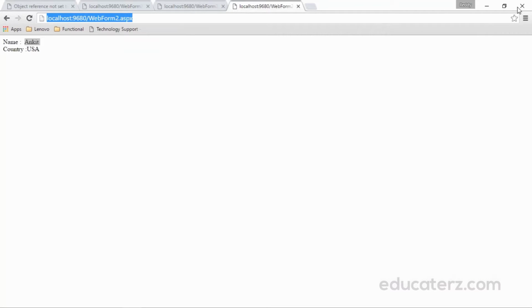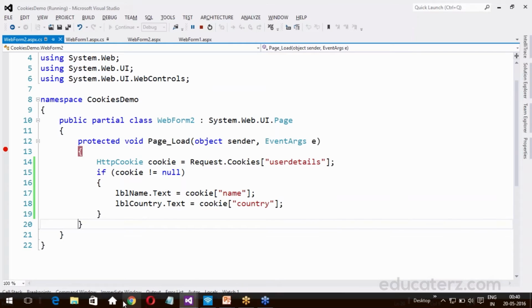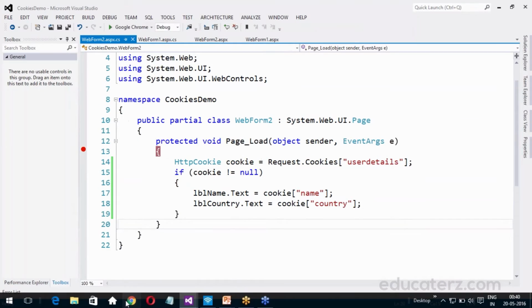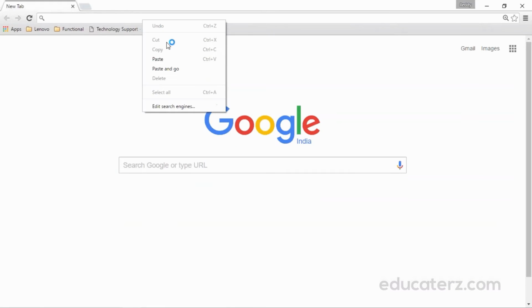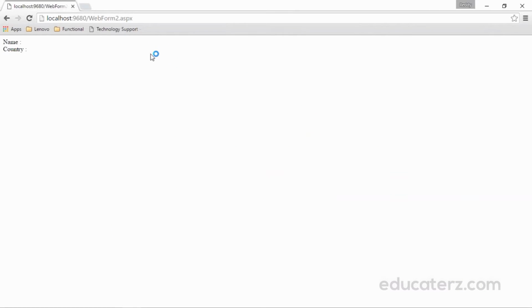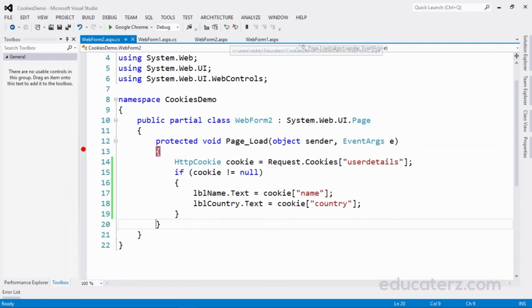Let me copy it, close this, and again open Google Chrome. Now see, there is no data. This means non-persistent cookie. What does non-persistent cookie mean? If you don't set the expiry property, then the cookie is called a non-persistent cookie. Non-persistent cookies only remain in memory until the browser is closed. Once the browser is closed, there will be no data in those cookies.